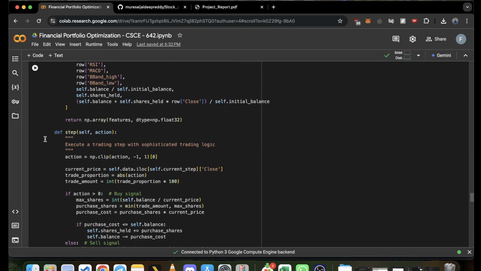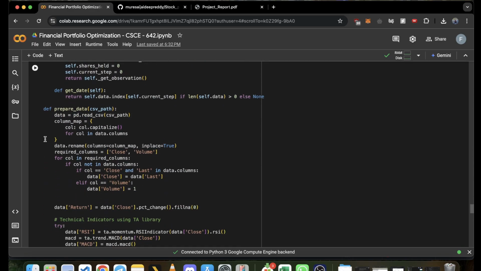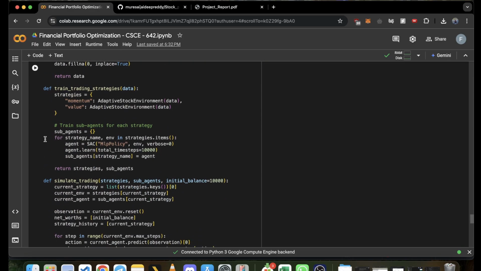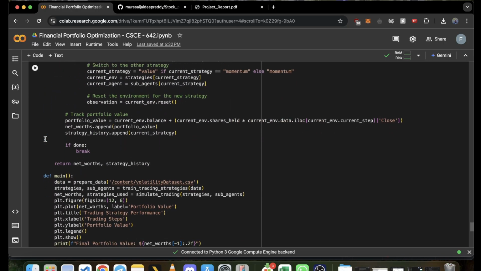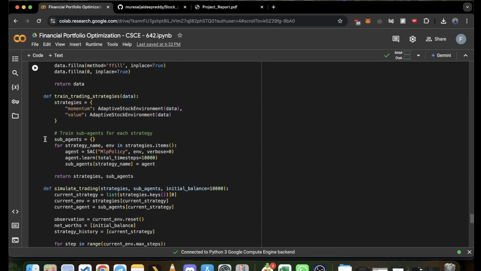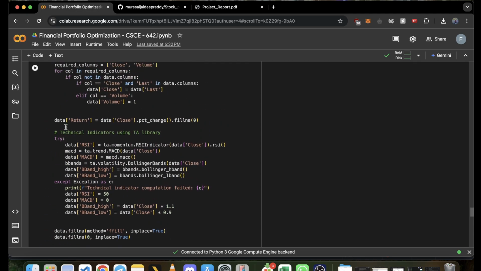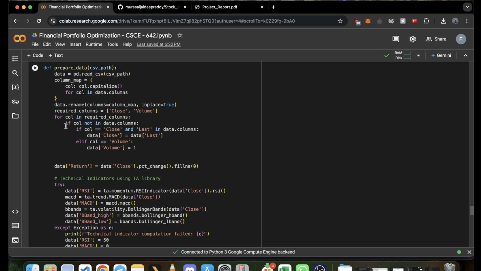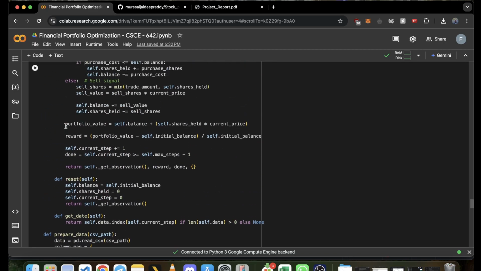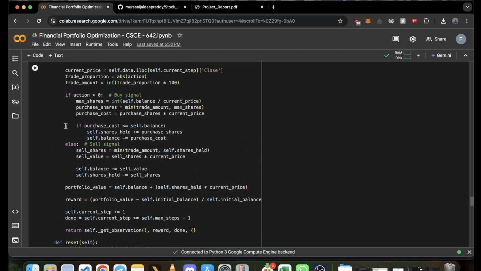So what happens is, here we train two sub-agents on these two different policies, which are value trading and momentum trading. And then the job of the meta agent is to select the agent out of the sub-agents that learned value trading and momentum trading, and to select the better agent so that our portfolio is more optimized. Now,